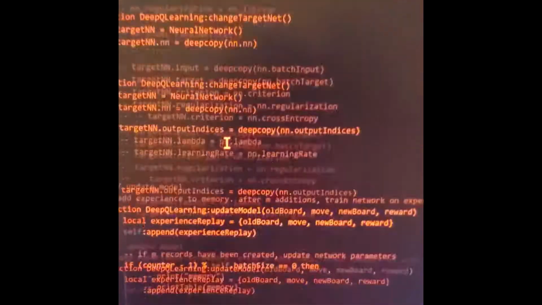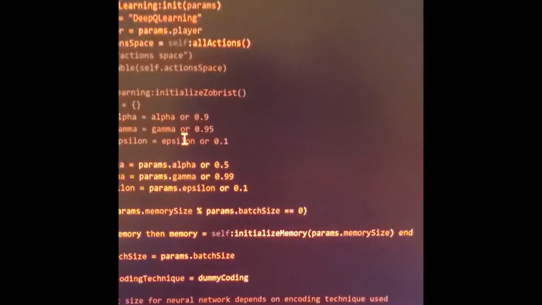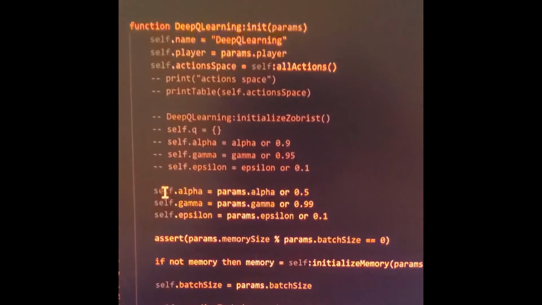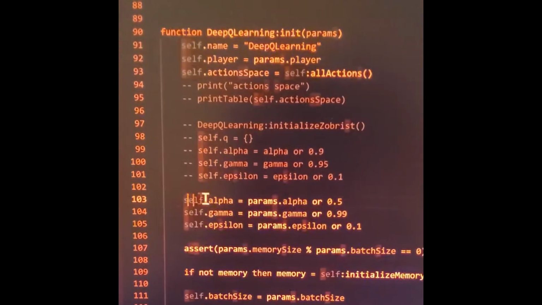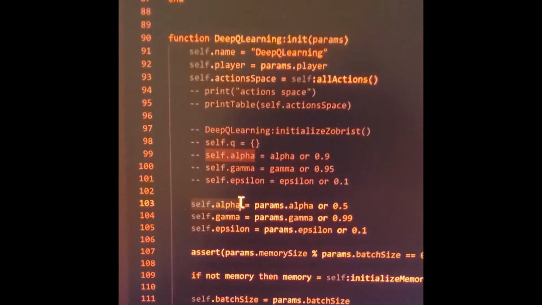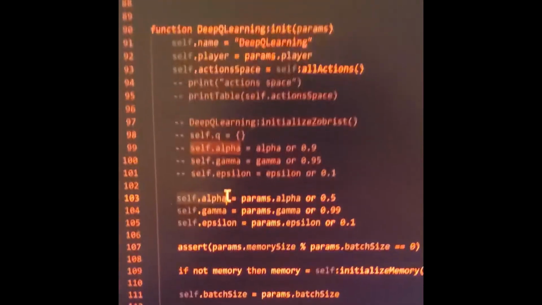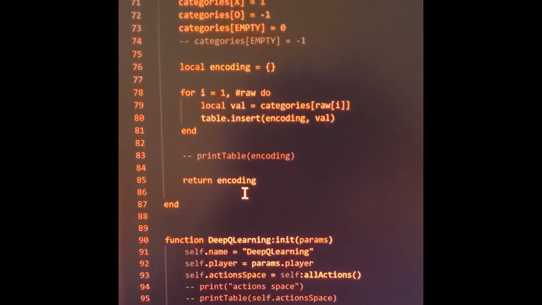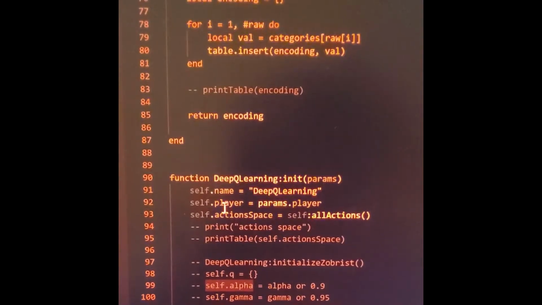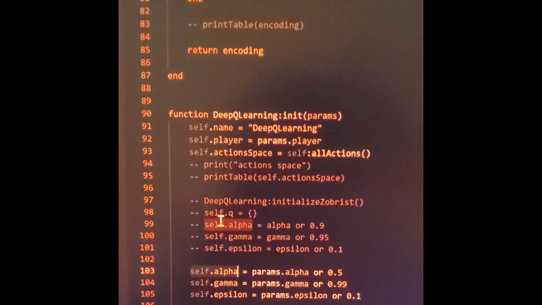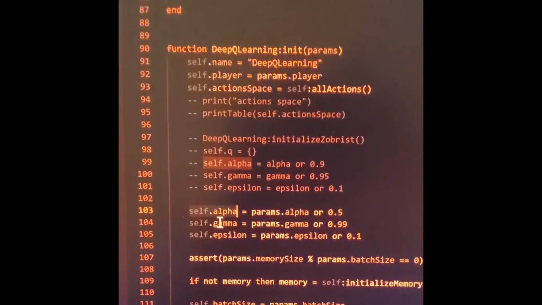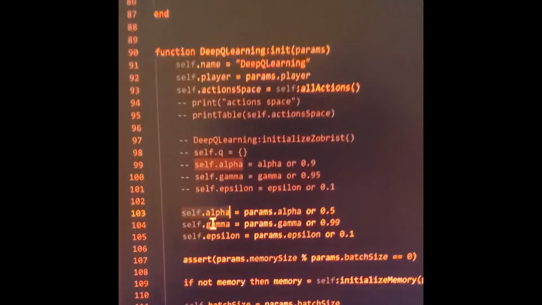So that's one problem. Another problem is, if I come up here, I have the alpha parameter, an alpha for Q learning that controls the learning rate. However, in my function that updates the Q learner, the neural network, I make zero reference to this variable.